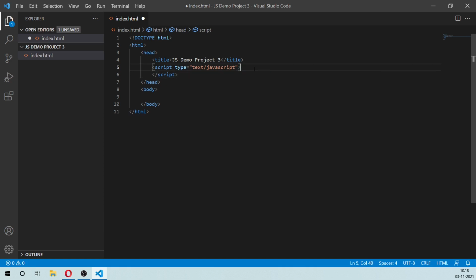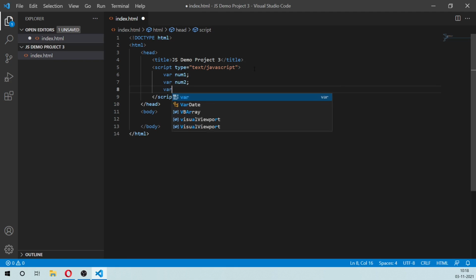So the first thing that we need to do is we need to visualize how we're going to do this. Now, because we're getting the two numbers from the user, we need some variables to store it. So the first thing I'm going to do is I'm going to declare some variables to store the values that we're getting from the user. I'm not going to give it any values because we're getting it as a user input. So I'm going to create var num1 and then var num2 to store the first two numbers, and then I'm also going to create a third variable called product, in which we'll store the product of those two numbers.